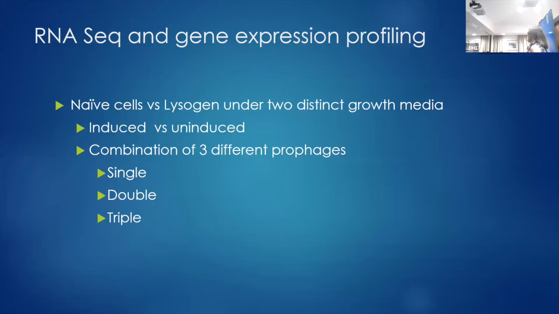So only 3 of the phages in LESB58 can be integrated into PAO1 so far. So we used a combination of these 3 different prophages in multiple combinations as single, double, and triple lysogens, and compared them with induction and without induction through RNA-seq and these 2 different growth levels. And we looked to see what the changes were. Now, we had already very nicely seen that there were growth differences without seeing phage induction differences.